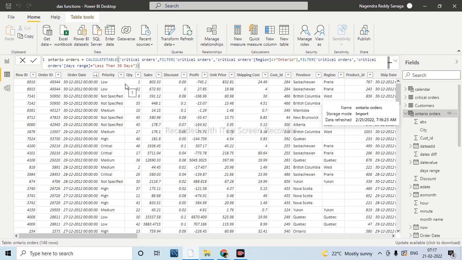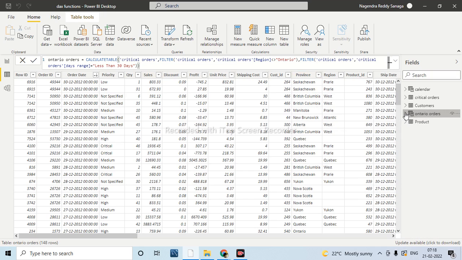The same logic that happened when we did the group by in the Power Query editor will work here also when we use the SUMMARIZE function. SUMMARIZE will work for new tables, like the same thing we did with CALCULATETABLE, right? It created a new table. Even the SUMMARIZE function will create new tables. Any doubts?